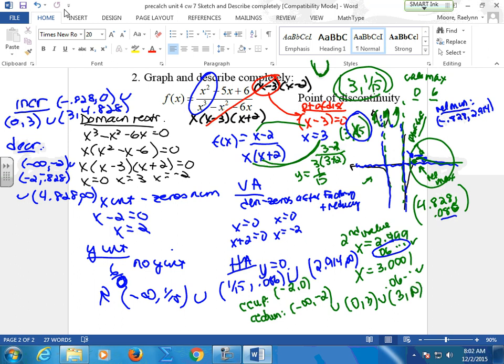Yes. For the increasing, why is it negative 0.828 and 0? That was 0. Okay, but wait, tell me where you are. Top increasing, the first one. Increasing. So we started at, this was a decreasing, this was a decreasing, this was our first segment of increasing. Oh. So we look at that relative minimum x value, right? And from that x value till we hit the wall, till we hit the 0. Okay. The key to this, guys, is you seriously have to wait for